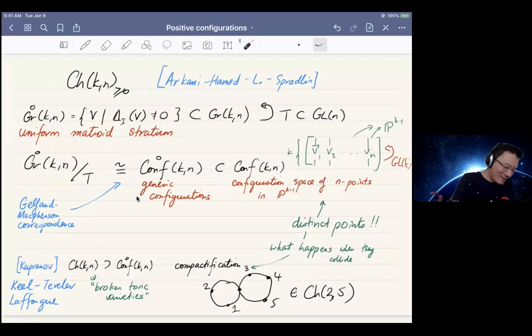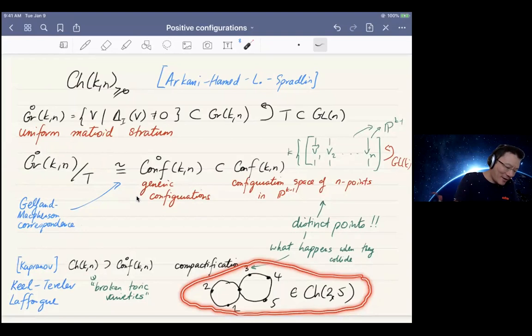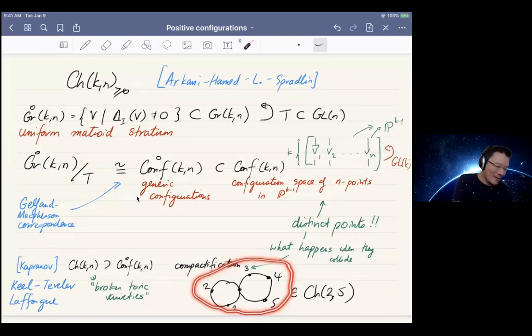Okay, and so to try to draw a picture of what happens at the boundary of this Chow quotient, hopefully I'll get around to doing some examples at the end, but the kind of pictures that you get look like this. A generic point inside this Chow quotient would be 5 points on P^1, because I'm taking Ch(2,5), and 2 minus 1 is 1. So this is 5 points in P^1. But when I work in the compactification, you end up getting pictures that look like this,